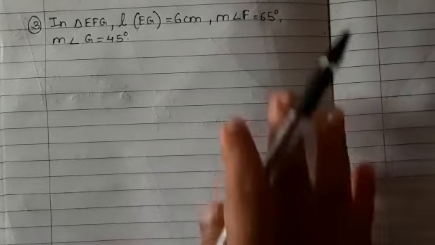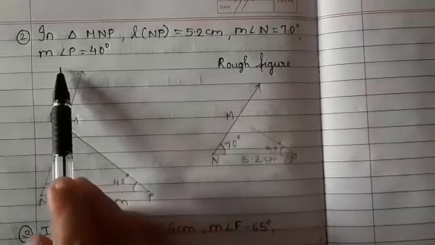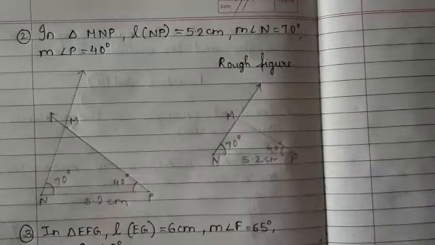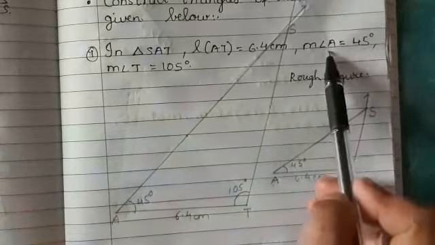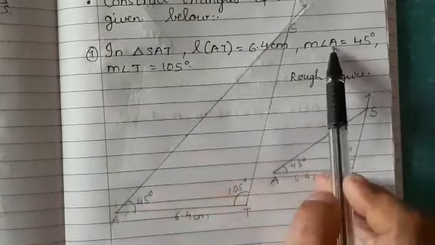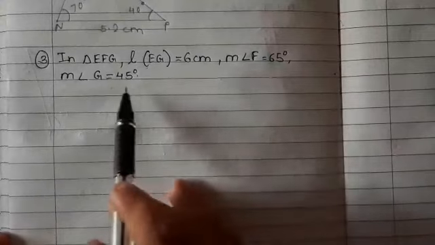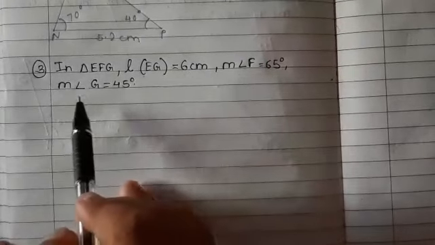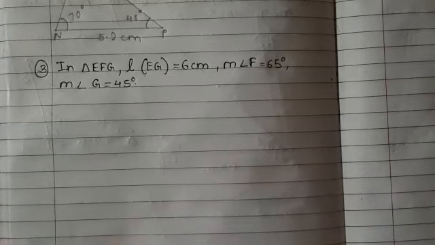Yes or no? Here if you see in the previous sum, they had given us angle N and angle P and the side is NP, correct? So the side is also NP. In the previous sum that we solved, they had given angle A, angle T, and the side was AT. Did you see AT? But now what has happened, students? They have given us angle F and angle G. They should give us side FG. Yes or no? But now they have given us side EG. Yes? So, don't get confused.